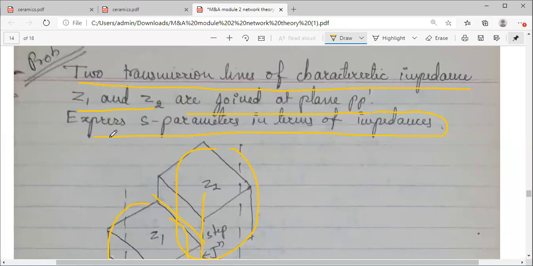Okay. So in the next class, I will be dealing with the comparison between all the parameters and the relationship between the different parameters. So please go through this topic, which is a proof. How to prove this? I have already solved it. I will be sharing this. Please try to understand. Okay.